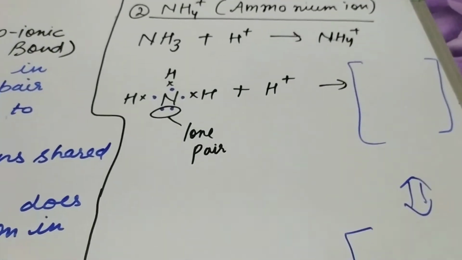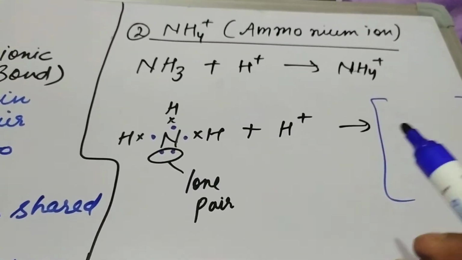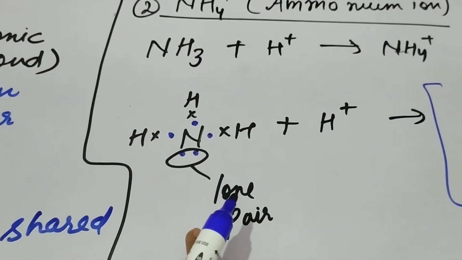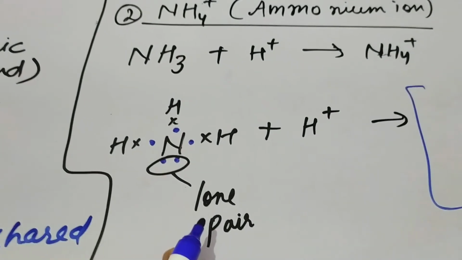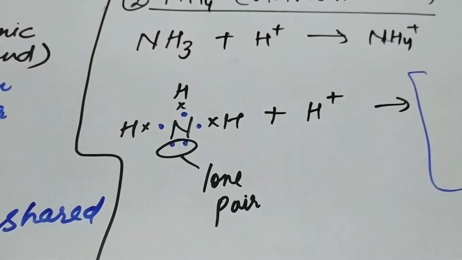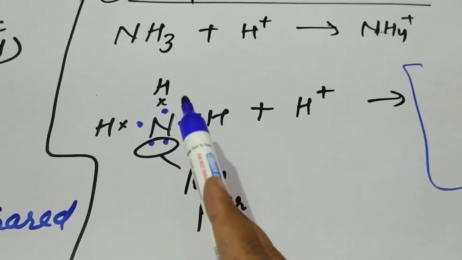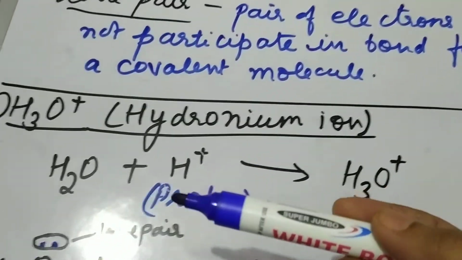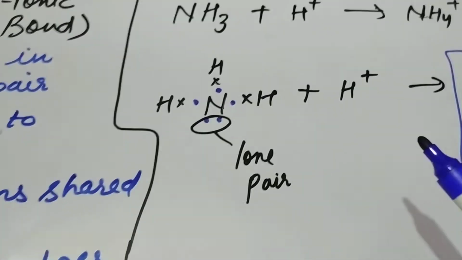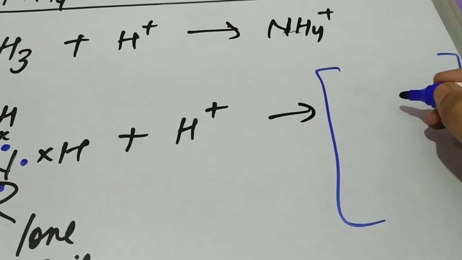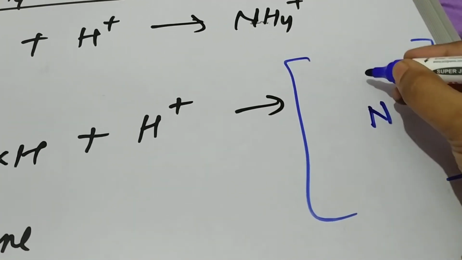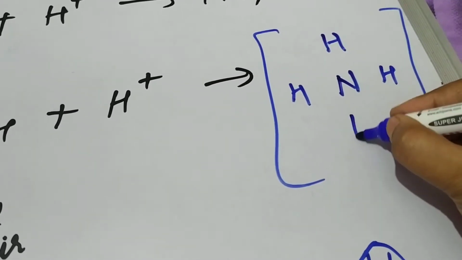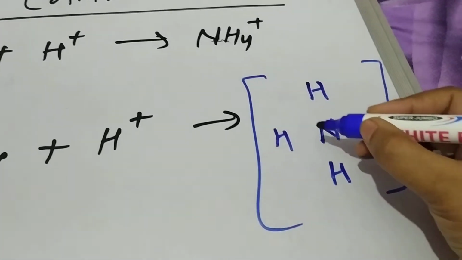Next is ammonium ion. Ammonium ion is formed similarly by ammonia and proton, and will give you ammonium ion. Now again in this we'll draw the ammonia dot structure as I have told you in the previous video. Nitrogen has 5 valence electrons, this is shown in blue color, and 3 electrons are shared, each with a hydrogen atom, and there is one lone pair of electrons in this, while in oxygen there were 2 lone pairs of electrons. So we'll add H positive. So again we'll draw the same structure here of ammonia first, and there are 3 H and there is a fourth H also we have drawn here.